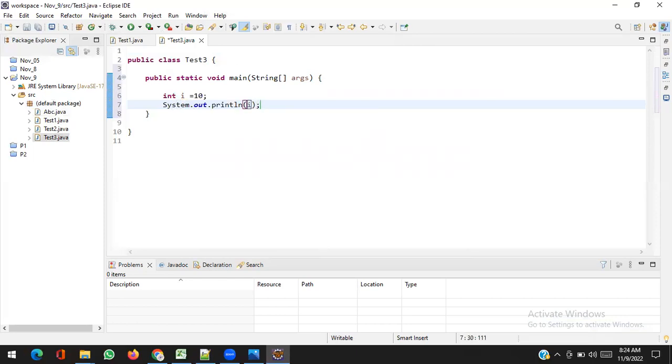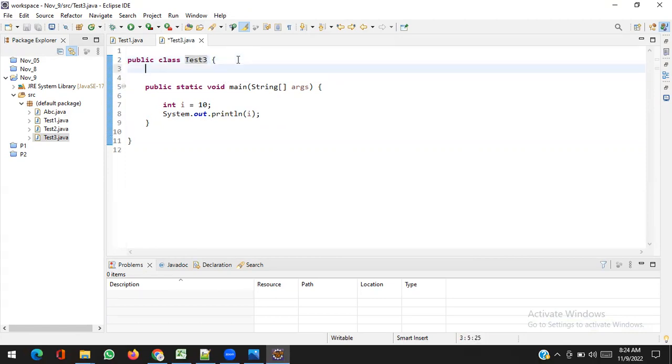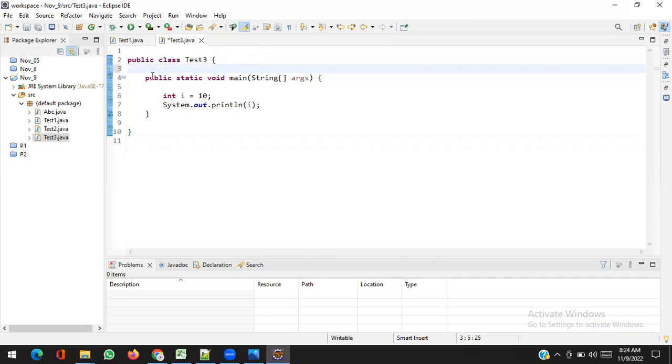I just write a simple program, very simple. But whatever I write inside the source code, everything is a token. Public is a token, space is a token, class is a token, the name of the class is a token, curly braces are a token. You hit enter and come to the next line. Token, token, token. Whatever you write inside the source code is called